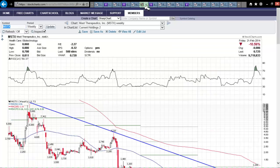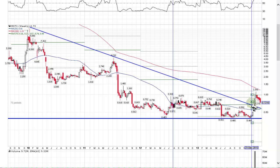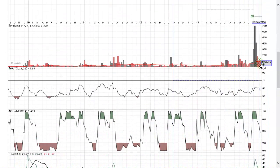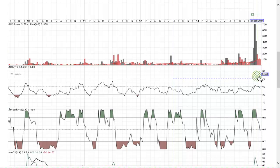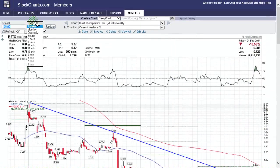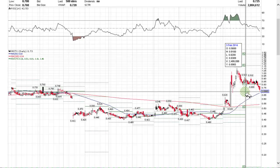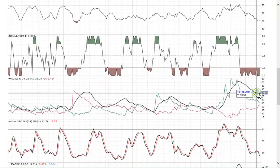Next stock up is for Christine, MSTX, Mast Therapeutics. It had a nice breakout a couple of weeks ago. This is a weekly chart. And we are now pulling back. We're breaking down below these bottoming tails. That's not a good sign. Volume is fairly high. I mean, it's meeting the average, if not exceeding the weekly average of volume to the downside. So I think that the path of least resistance right now, let's check out a daily chart, is to the downside. So Christine, I think this is a stock that's breaking down at a nice rally. I would not be a buyer of